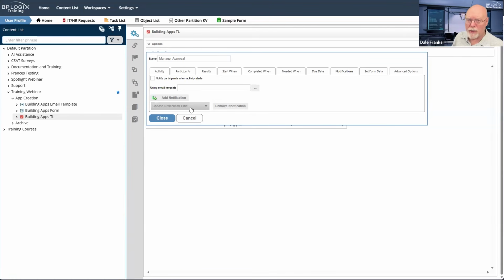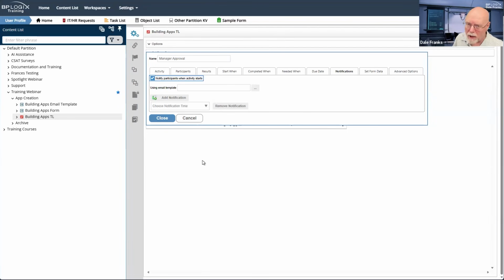They won't be able to complete their task from the email link because it specifically opens it out of task context. And it doesn't matter if they're assigned a task in this activity, because they are going to get a non-task email. So this checkbox becomes really important.